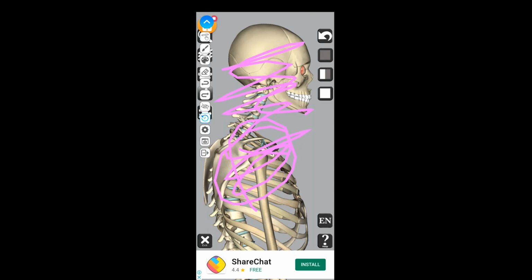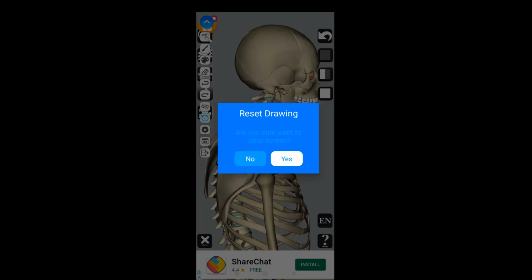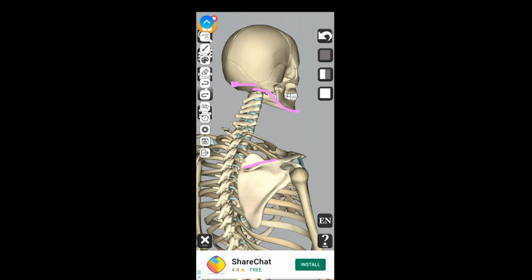So let us keep this body like this. Okay, now we are drawing. This is your external occipital protuberance. Then your superior nuchal line, mastoid process, then your lower angle of mandible. Okay, done. Now inferiorly, what do you have? Inferiorly, you have your spine of scapula, acromion process, and upper part of clavicle. This will be your whole deep investing layer.